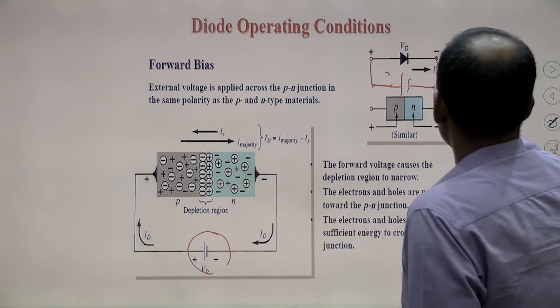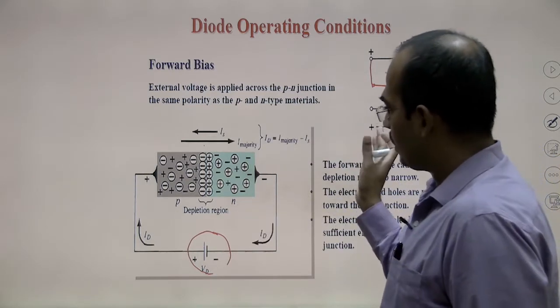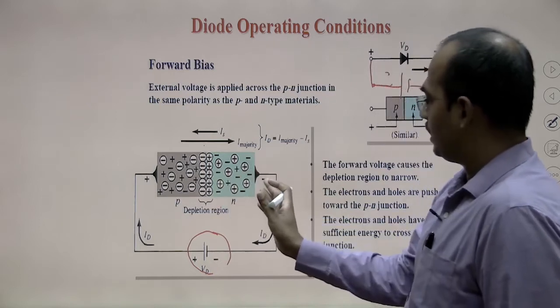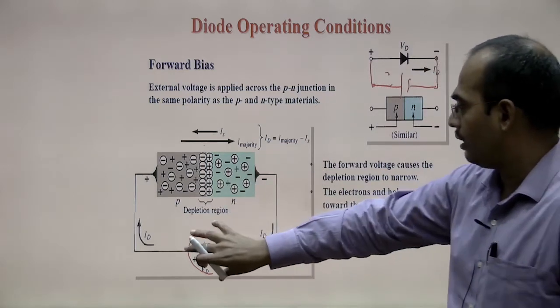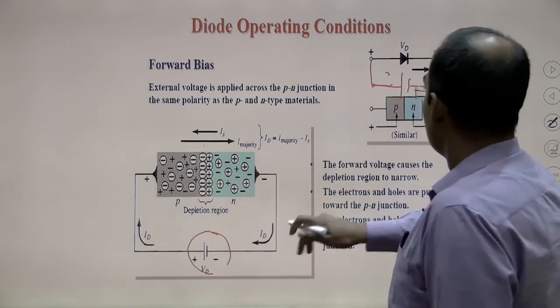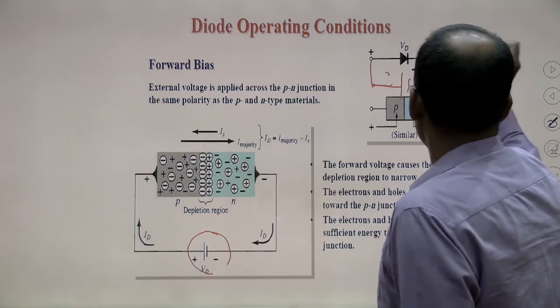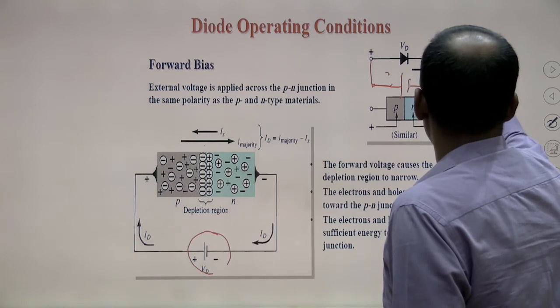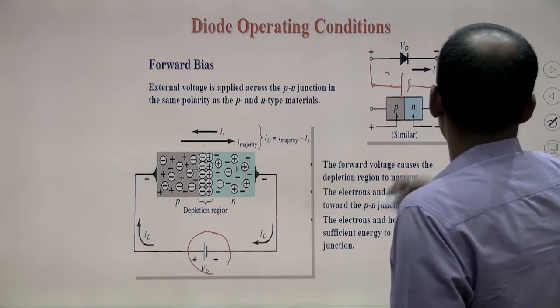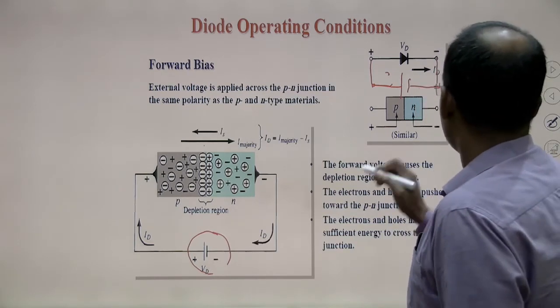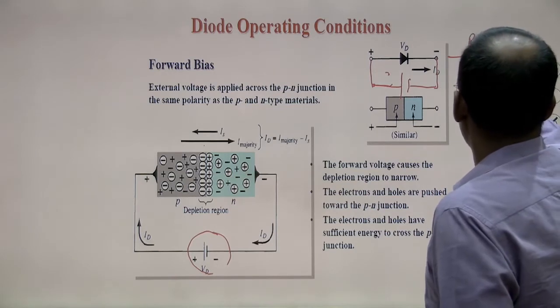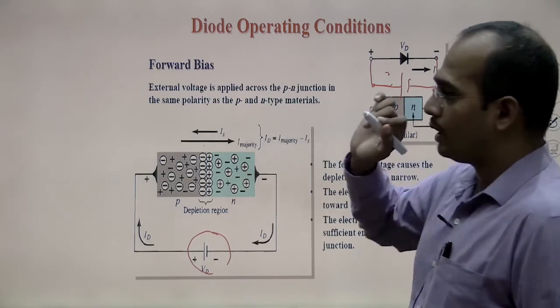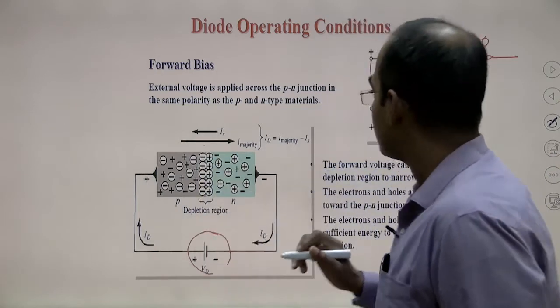In the forward bias condition, the majority charge carriers can cross the junction by applying a fixed forward bias voltage. So in the ideal condition, the PN junction diode behaves as a short circuit, or you can say that in the ideal condition the forward resistance of the PN junction diode is 0.